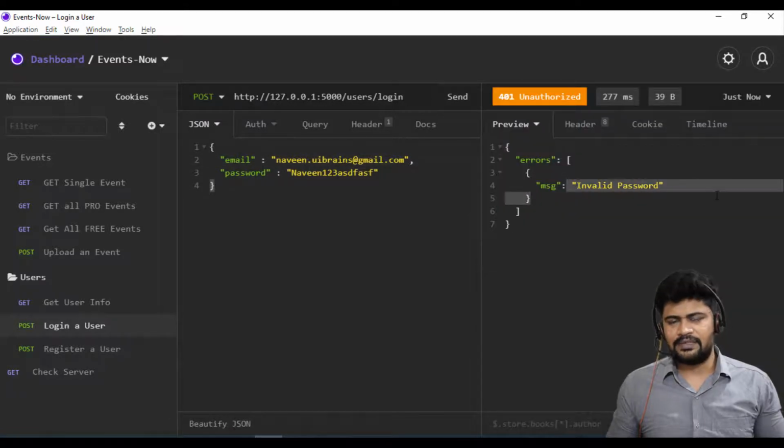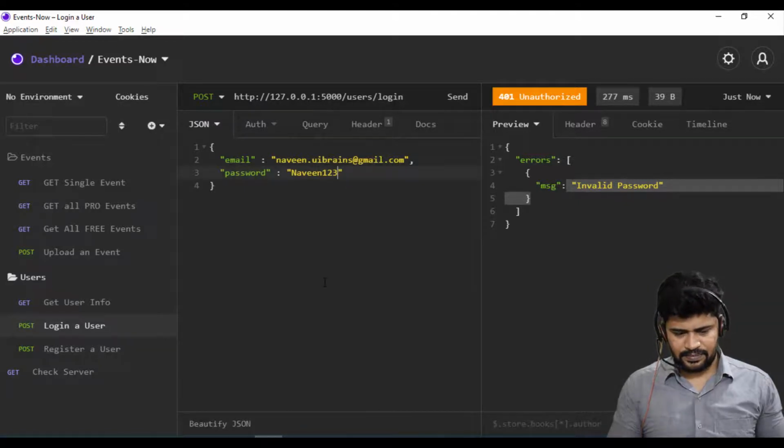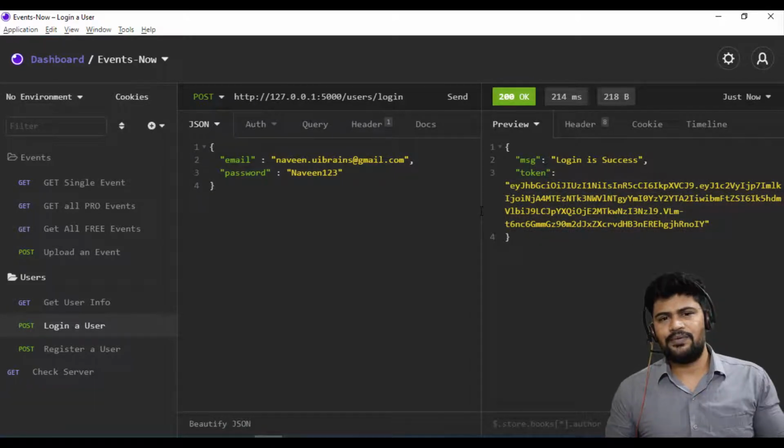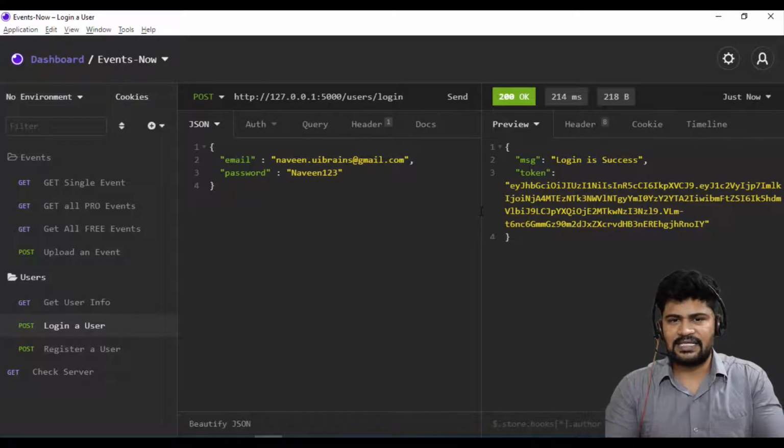See, invalid password. When I make the password proper, with email and password correct, click on send. Login success, you get the token. This is how you make the login functionality with Express.js.